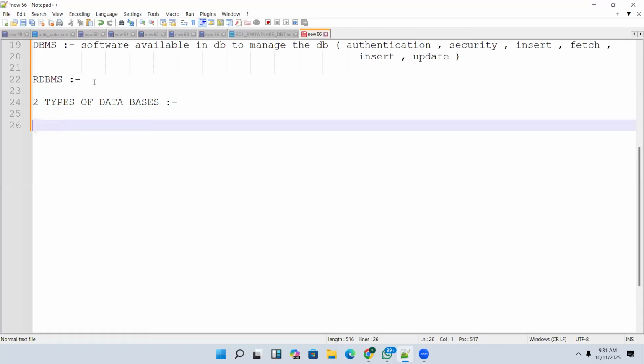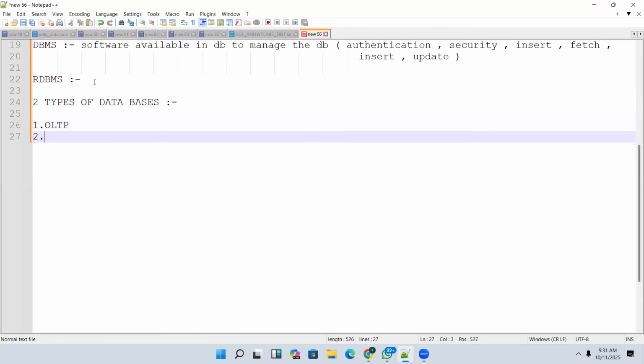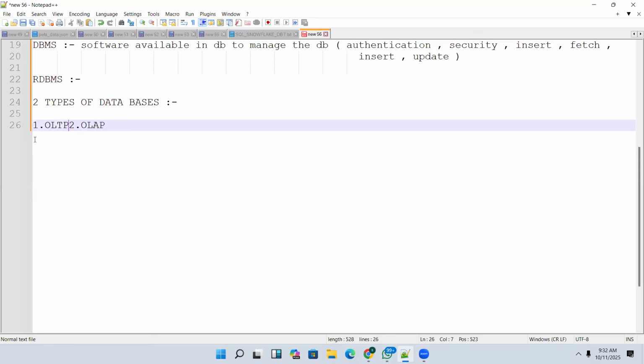The first one, which is related to our courses, is OLTP databases, and the second one is OLAP databases. Now we'll try to understand what OLTP and OLAP are. By the end of this session, we have to understand all these terminologies: what is OLTP, OLAP, what is ETL, what is a data warehouse.